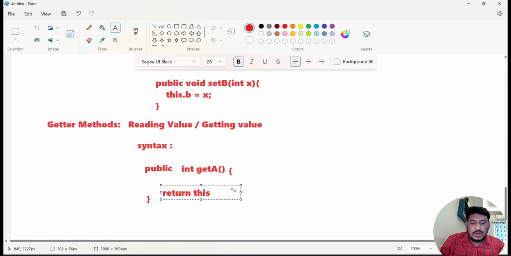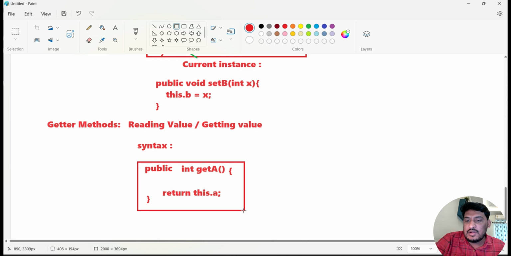Return this.a. So why? Because you are returning a value from the current object. This means the current object, right? So whenever you are calling the get a method, automatically it will go to that current object and return the a value,